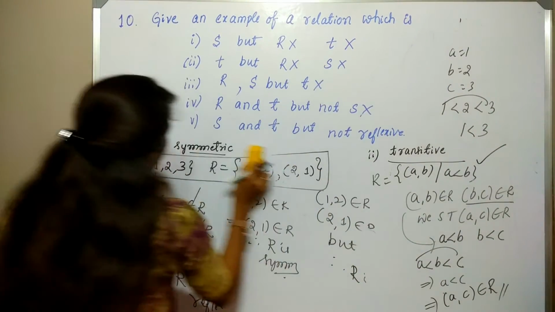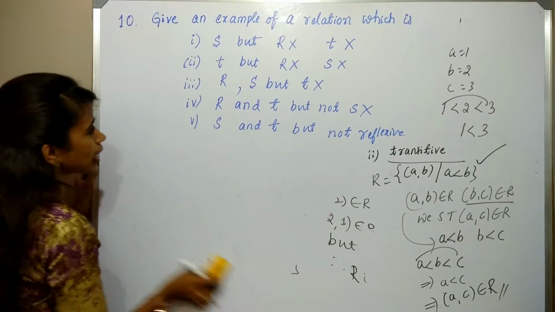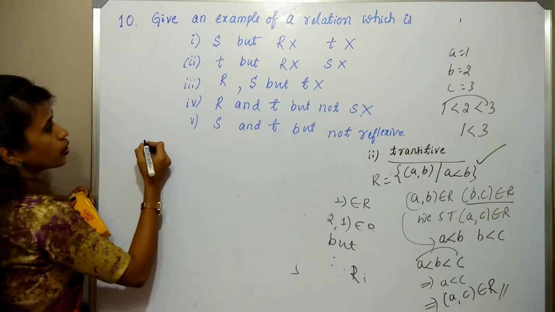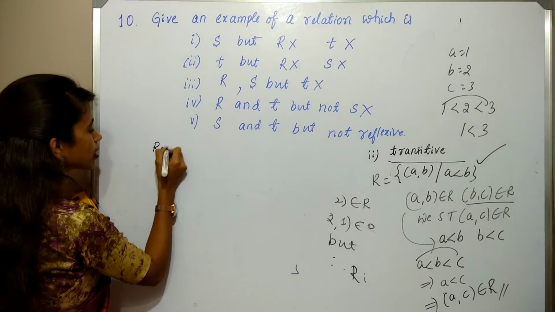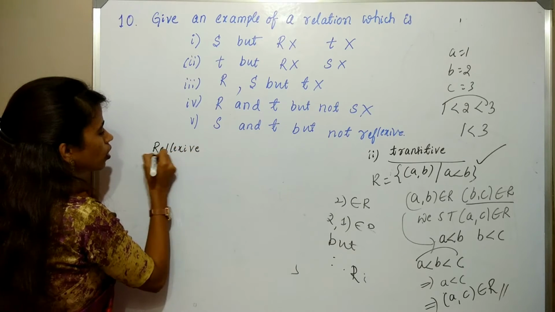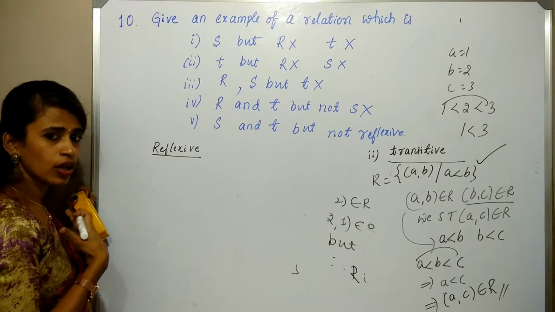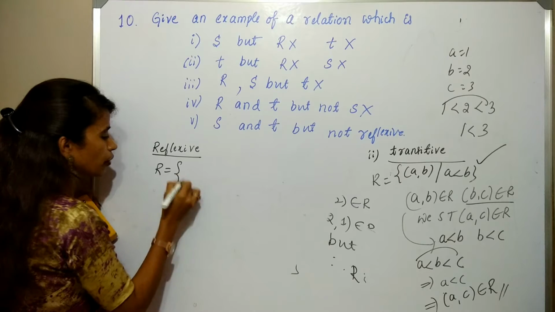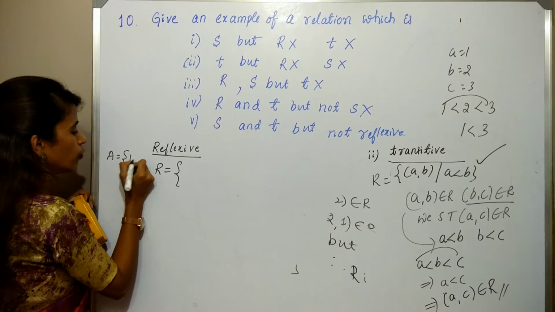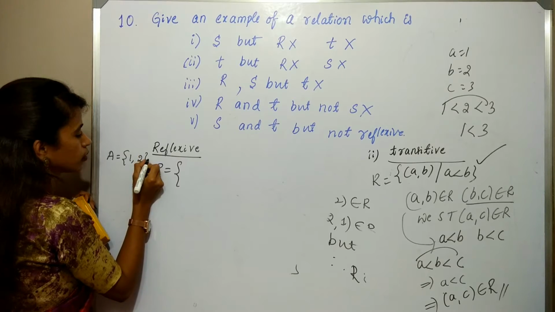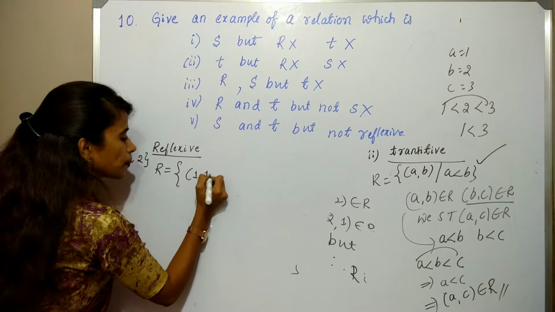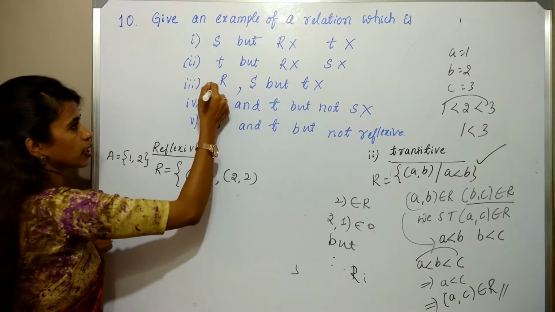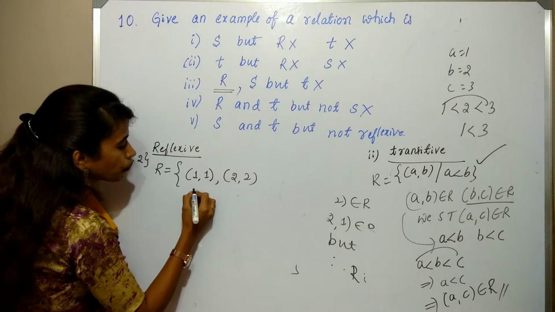Next, third one. So here, we give the example which is reflexive, symmetric, but not transitive. To be reflexive, what should be the criteria? The element with itself, that is the ordered pair with itself, must be in that relation. So fill those, taking 1 or 2. 1 with 1, fill 2 with 2. 1 with 1 also belongs to R, 2 with 2 also belongs to R. Therefore, it becomes reflexive.